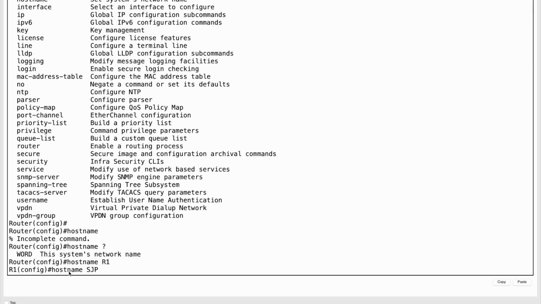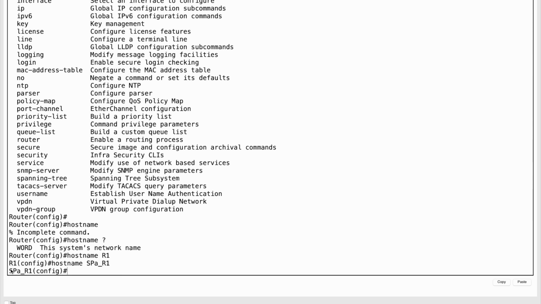Let's say spa R1, enter. Can you see it now? So you can change the name to whatsoever name you want it to be. So let's leave it as spa underscore R1. Now we want to